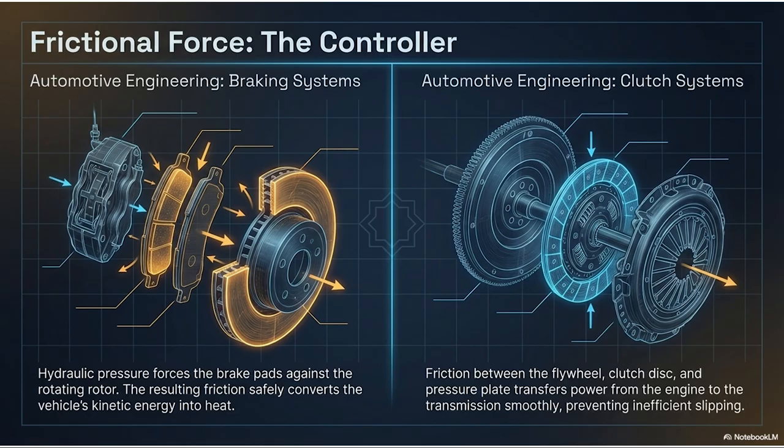So engineers use friction as a mediator. The clutch system uses a series of discs: the flywheel, the clutch disc, and the pressure plate. As you let your foot off the clutch pedal, these plates slowly press together. And, crucially, they are allowed to slip against each other initially. That controlled friction transfers the spinning power from the engine to the transmission really smoothly. It gradually matches the speeds of the two systems until they lock together fully without slipping.